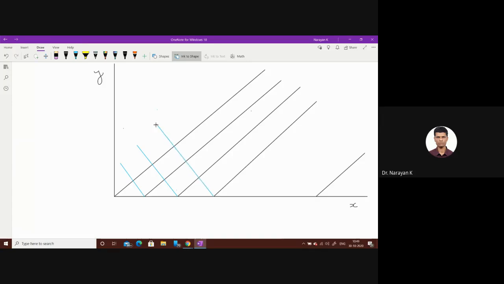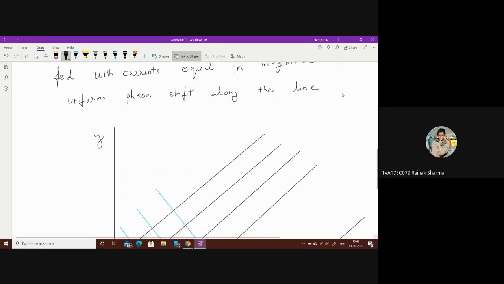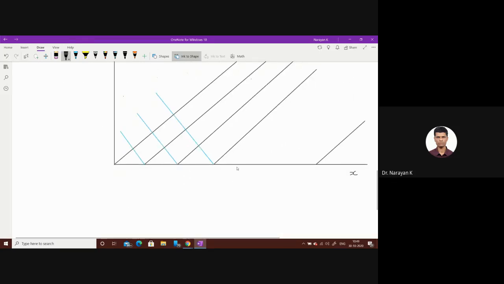All of you are drawing what I am drawing along with me. Draw one distant point P here. This is your P. I have to find the electric field at your point P at a very distant point from these point sources. I'll call this point source A0, this A1, this A2, this A3, and so on. This keeps on continuing up to A(n-1) point source. Then you will have An as the point source after that.